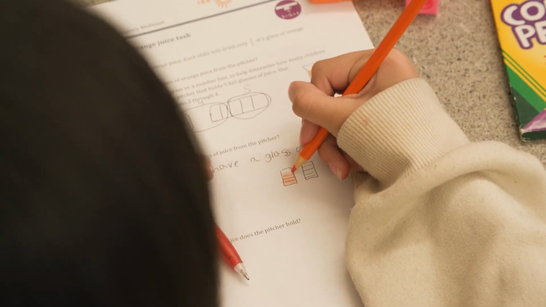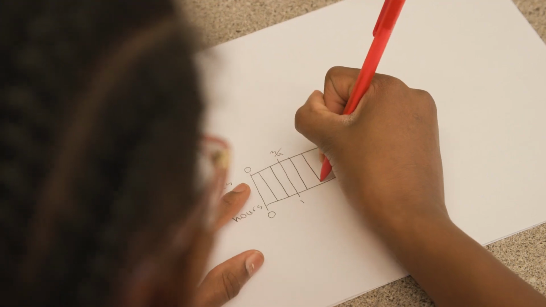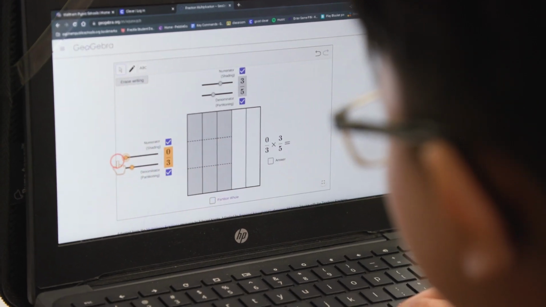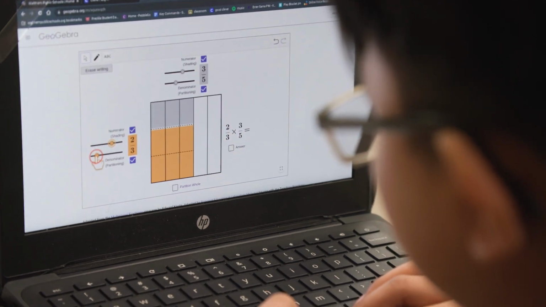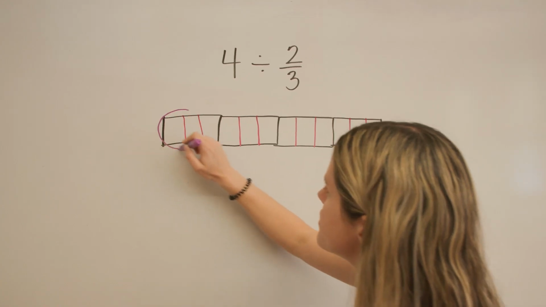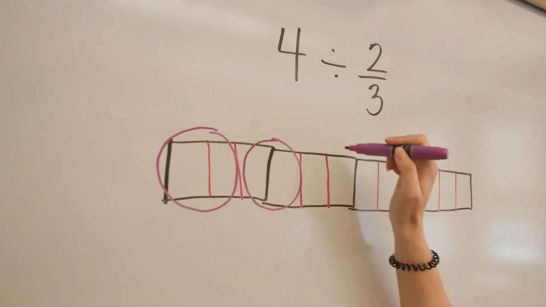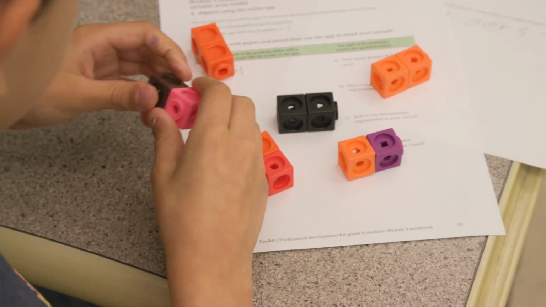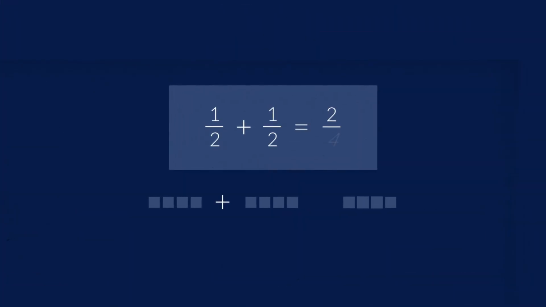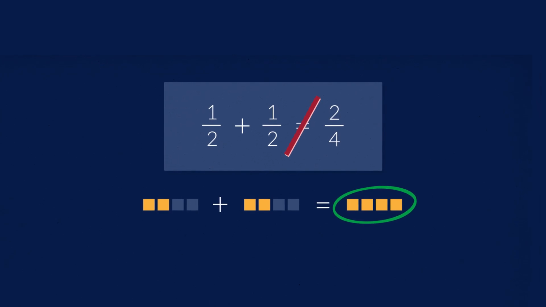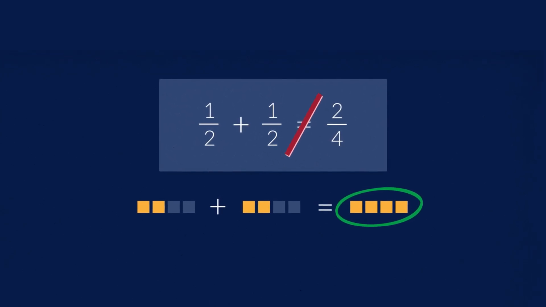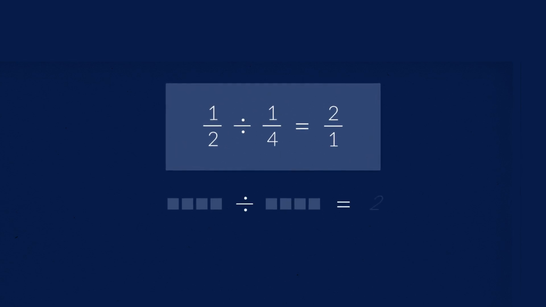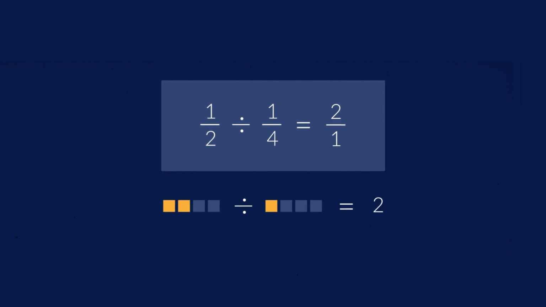On the other hand, when students get comfortable with visual representations and concrete models, their use of those representations gives them visual information about the fractions that can support them in confronting their misconceptions and in recognizing errors. For example, students can tell whether an answer they found is reasonable and whether it should be bigger or smaller than the number they started with. They can visualize how adding 1/2 and 1/2 can't give you 2/4 or 1/2, and they can see how dividing 1/2 by 1/4 is 2, because there are 2 1/4 in 1/2.